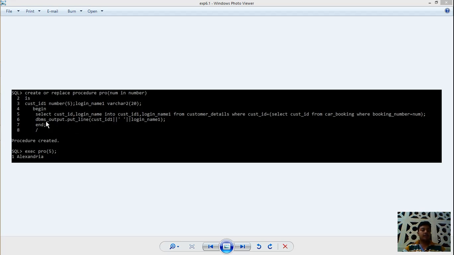And then here we are printing dbms output dot put line cust ID, and here we are concatenating login name, and then we are executing the procedure created. To execute the procedure we have to write execute pro. Then here we are giving 5 as an input because we are taking the argument as a number. So in the next question, what we have to do,